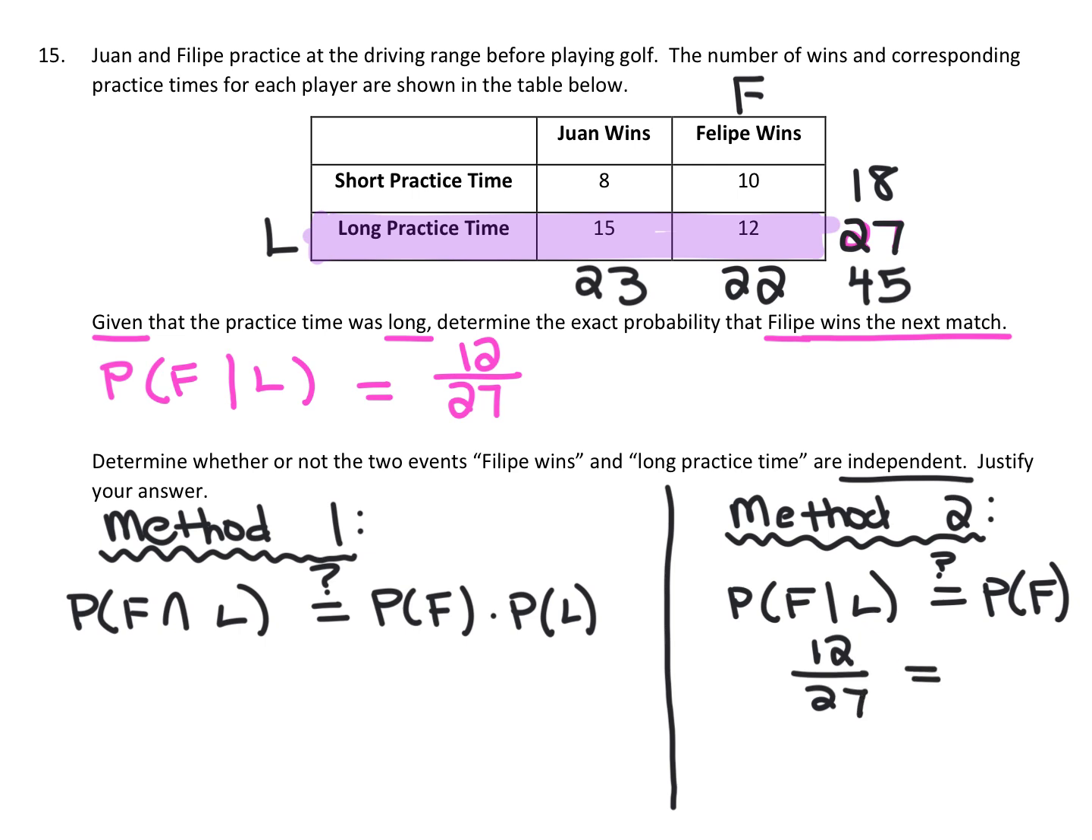Okay, and then over here, the probability of Felipe winning. Well, Felipe wins 22 times out of the 45 total matches. So 22 out of 45. Some of you will be able to see that these two are not equal to each other without even